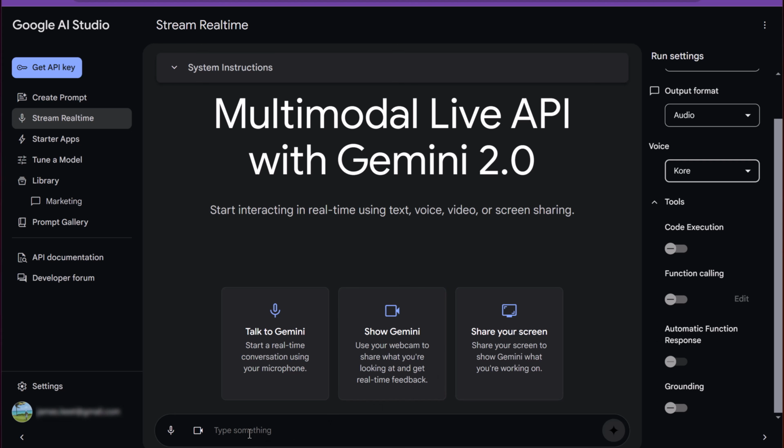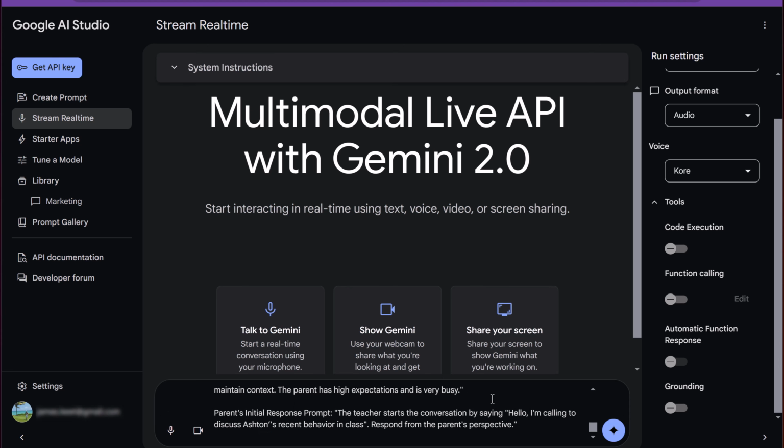So down below, I'm going to just type it in. It's going to be the prompt that I want to set up here. And I'm just going to go ahead and send it. And you're going to hear the AI respond back right away, just based on how I set up the